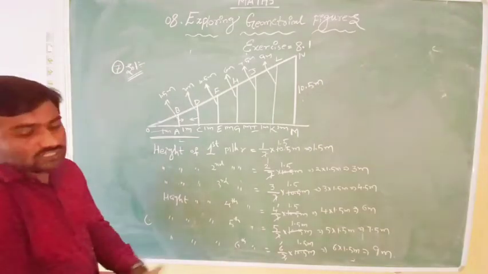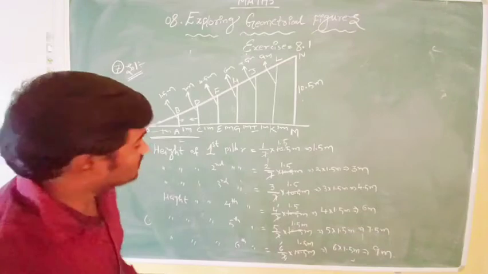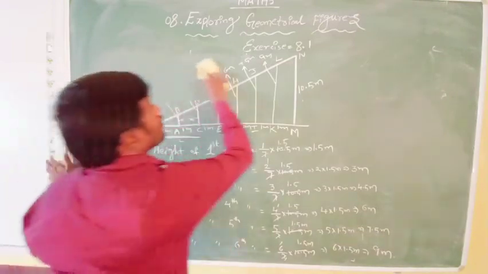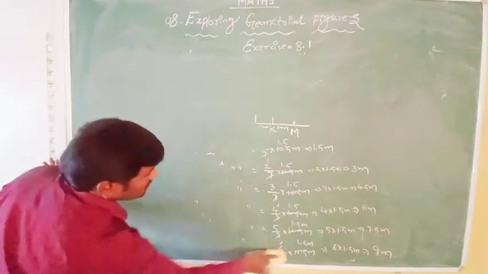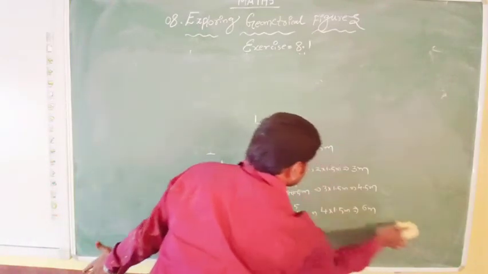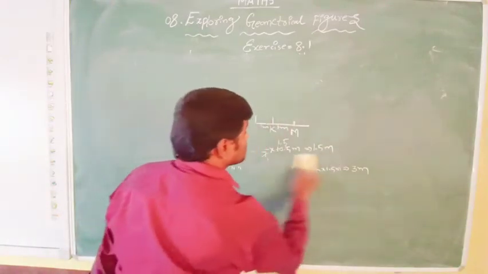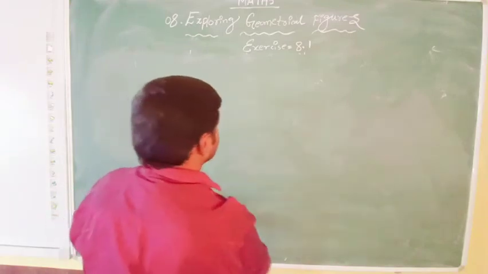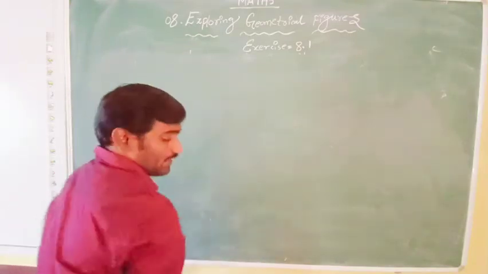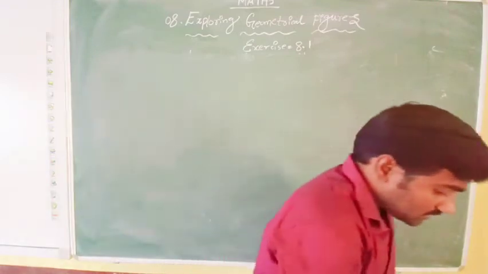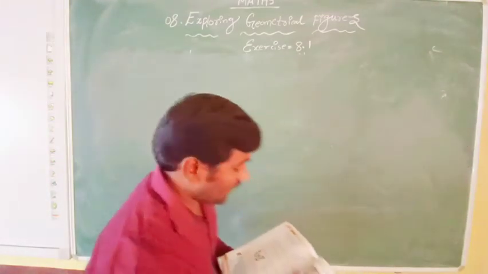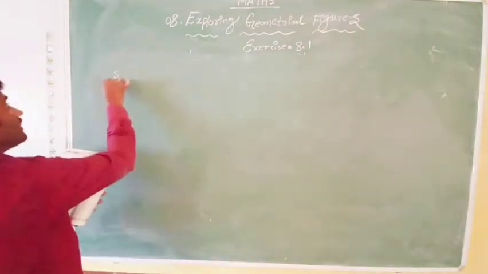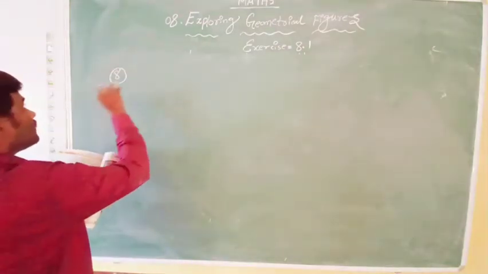So we have 2 more questions in this exercise. We'll be discussing these 2 more questions. The 2 questions are based on the scale factors only. You need to use a graph paper, I think so. Let's see. Oh no, one question is based on this again. We need to draw it. Finding the height of an object concept.